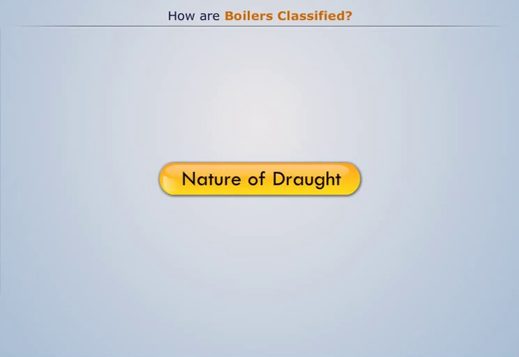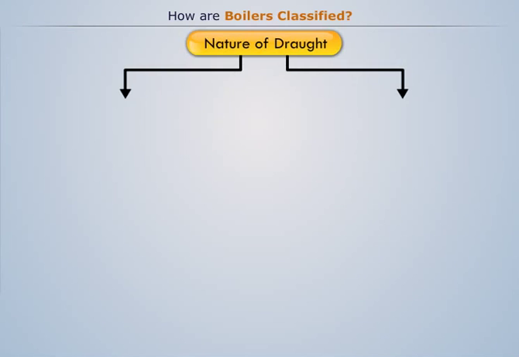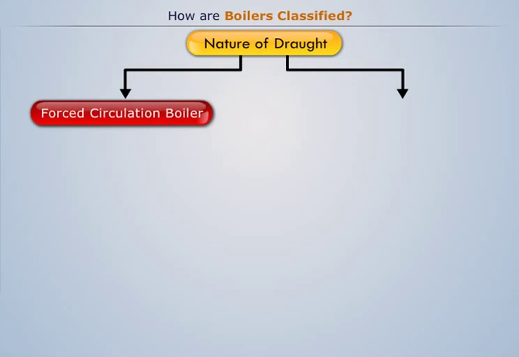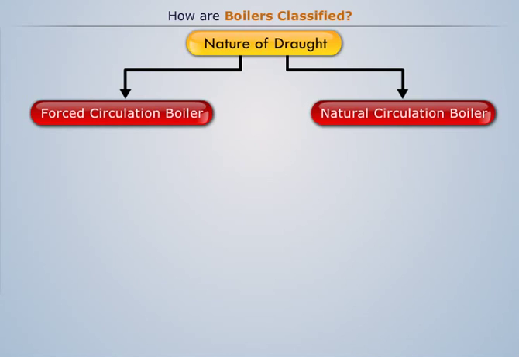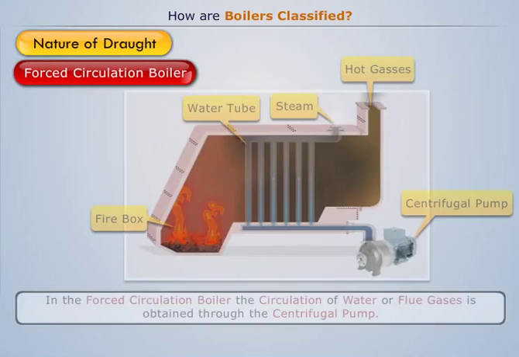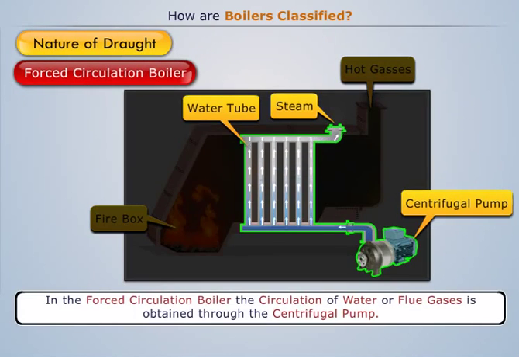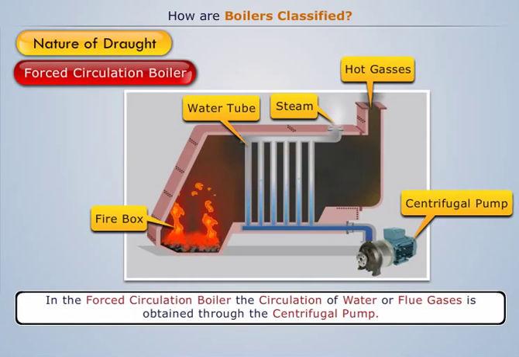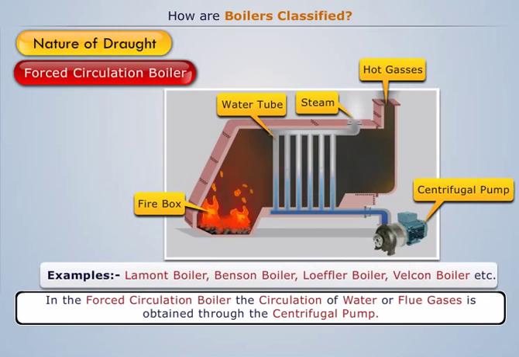Nature of draught. On this basis, boilers are classified as forced circulation boiler and natural circulation boiler. In forced circulation boiler, the circulation of water or flue gases is obtained through a centrifugal pump. This type of boilers are generally employed in high-pressure boilers, such as Lamont boiler, Benson boiler, Loeffler boiler, Velox boiler,